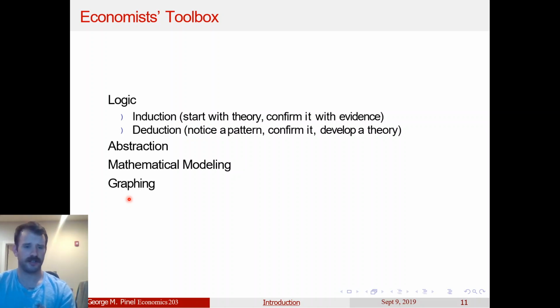And then graphing is another way of using mathematical modeling. You can't really graph without a mathematical relationship, because graphing requires an equation, essentially. But graphing is like the next step down. So you have your logic, you use your logic to build your abstraction, what's important, what's not. Once you have that, you can set a list of characteristic equations that will determine the state of your economy, the state of your market. And then from there,